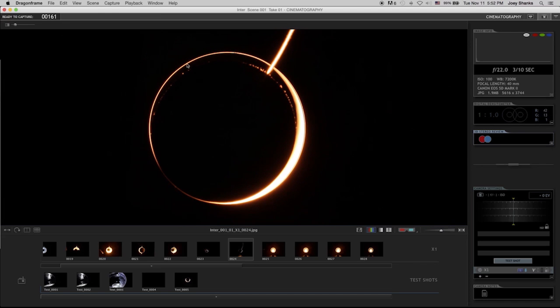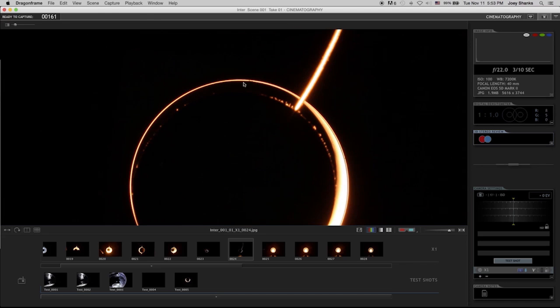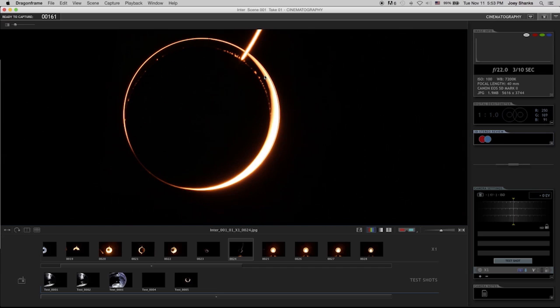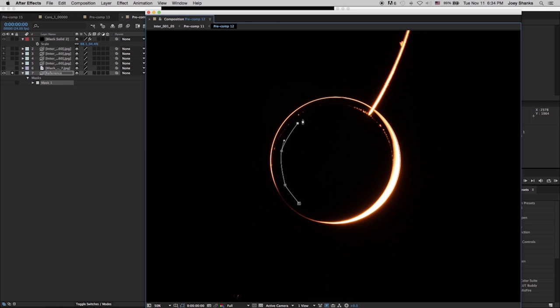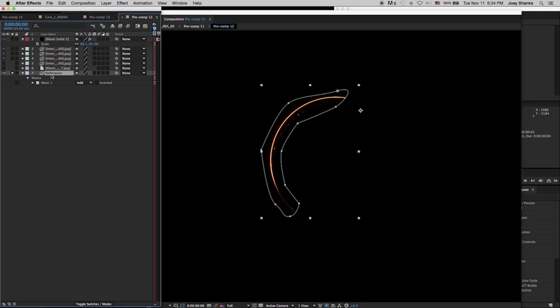We used this section and we duplicated it. Looking at the reference of the one from Interstellar, it was a very crisp, thin inner circle, and this crescent moon area right here wouldn't match what we were going for. So you can see that's a pretty thin inner ring here. Made a mask, and I masked out this area, duplicated it,